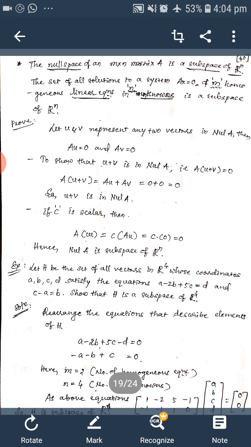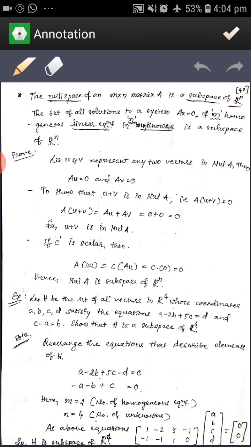Similarly, it's the same thing here. The subspace of Rn with solutions Ax equal to 0, we call homogeneous equations. Here it is the null vector, which concerns the addition.